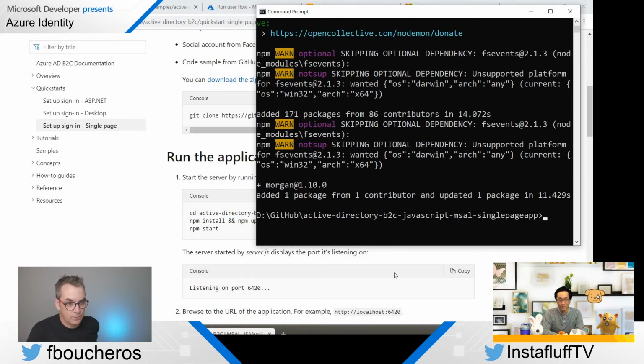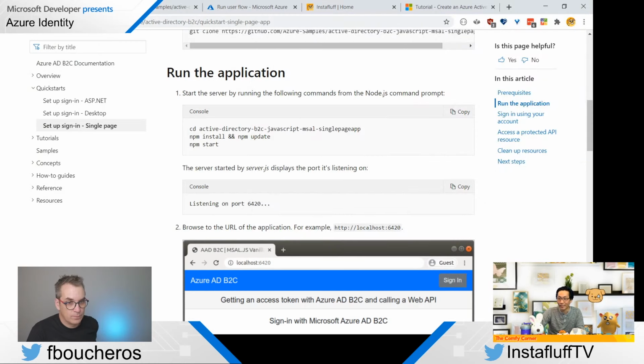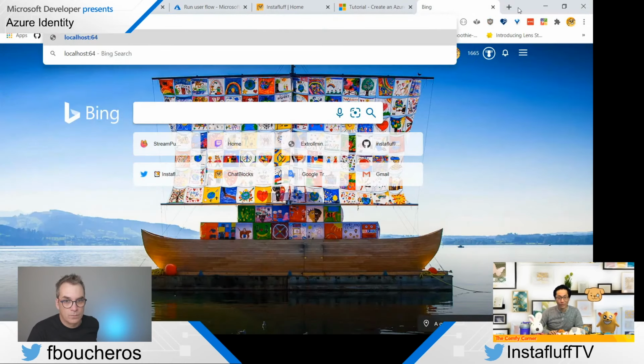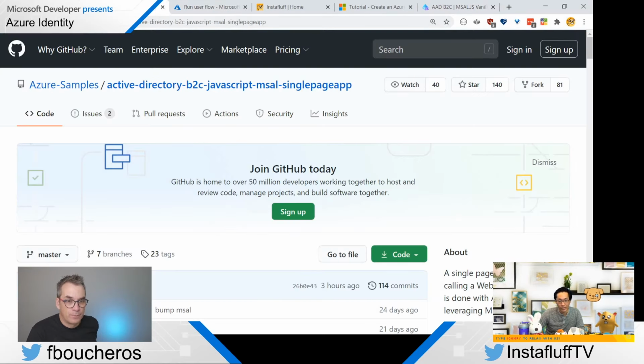Yep. Let's see. Listening on port 6420, which means it should be here on localhost. Oh, it's working. So I think we have to edit this so that it goes to our sign-in flow. Yep. And so it should show you right here.